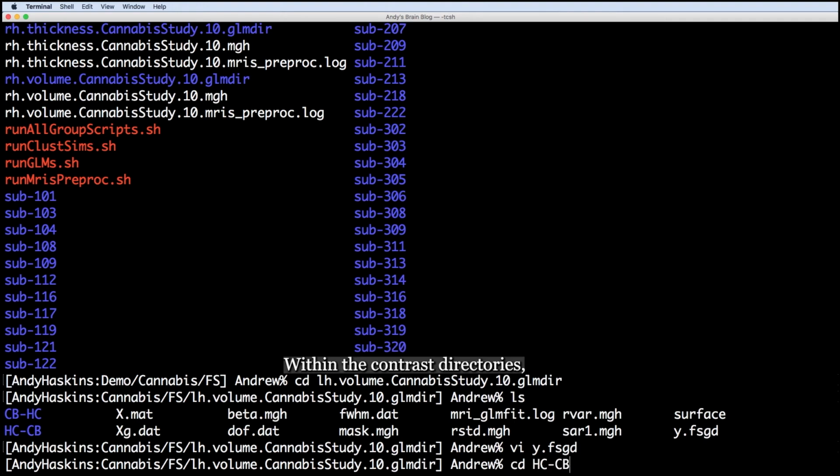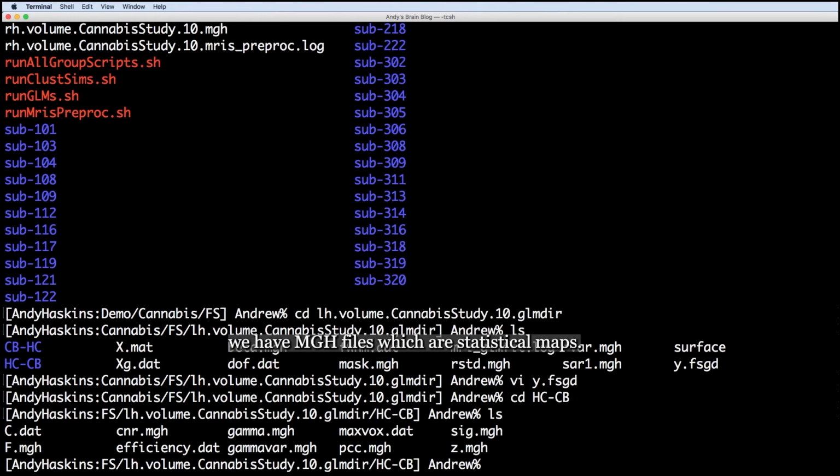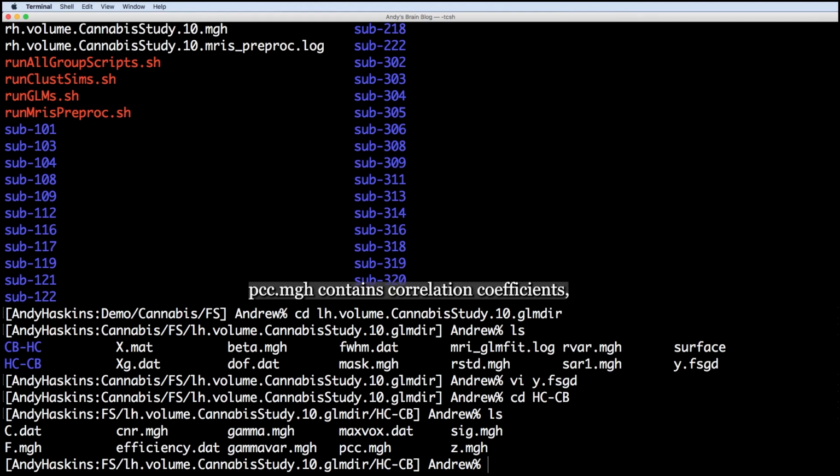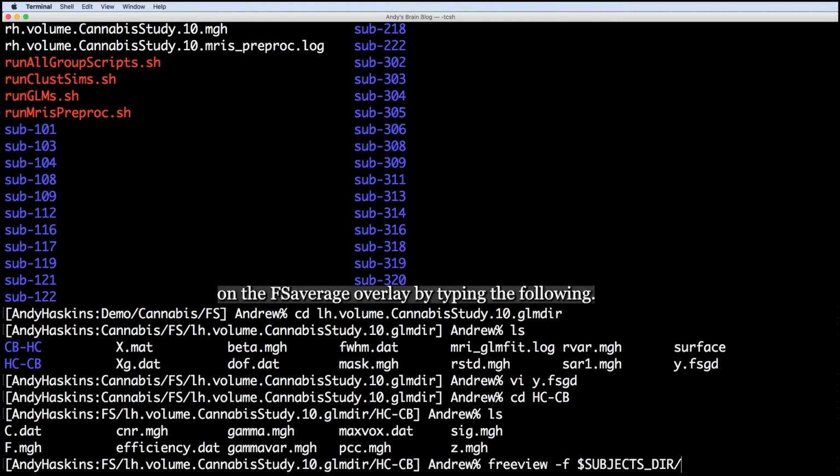Within the contrast directories, we have MGH files, which are statistical maps. The sig.mgh file contains the significance at each vertex, while the z.mgh file contains transformed z-scores. pcc.mgh contains correlation coefficients, and gamma.mgh contains effect sizes. We can see the significance maps on the fsaverage overlay by typing the following: